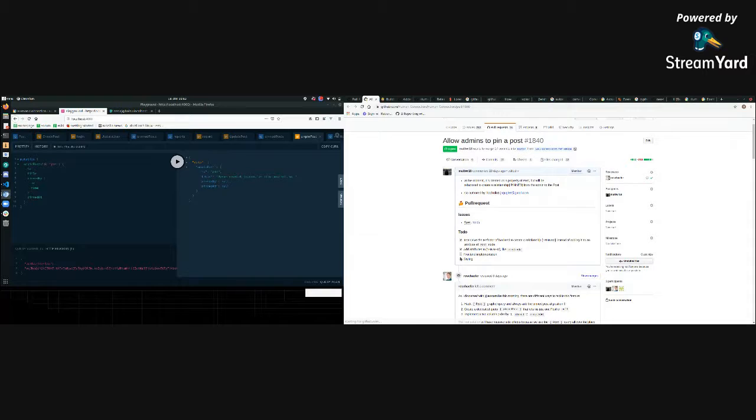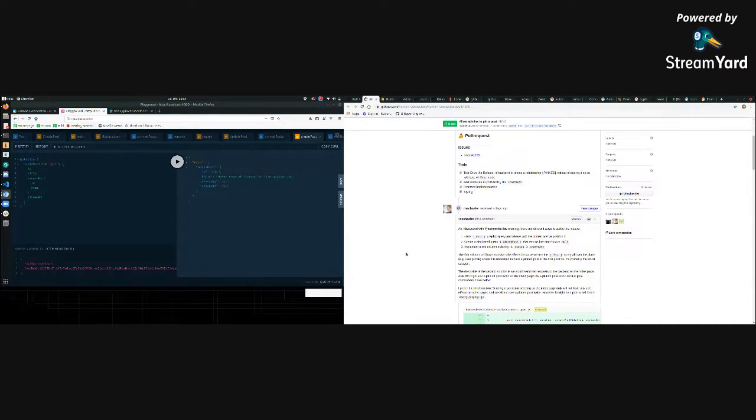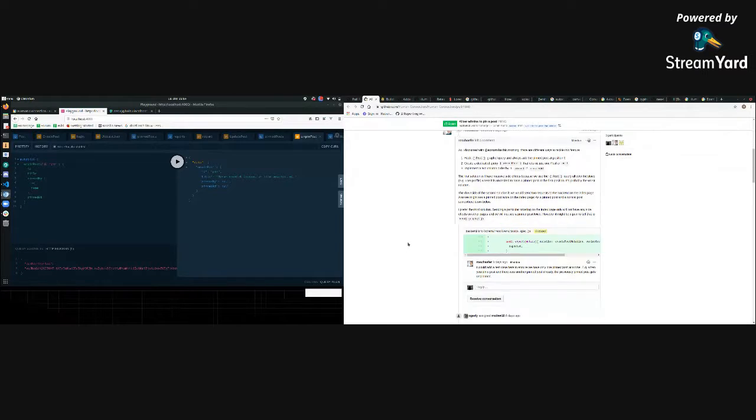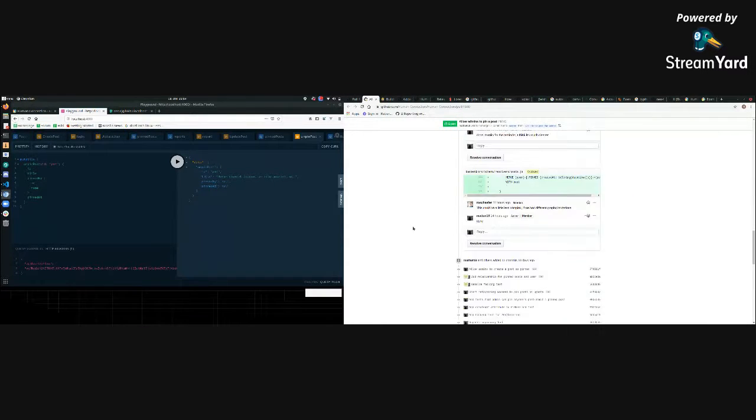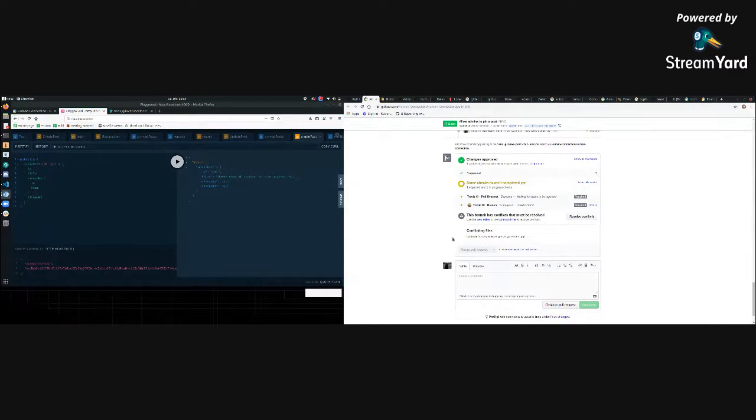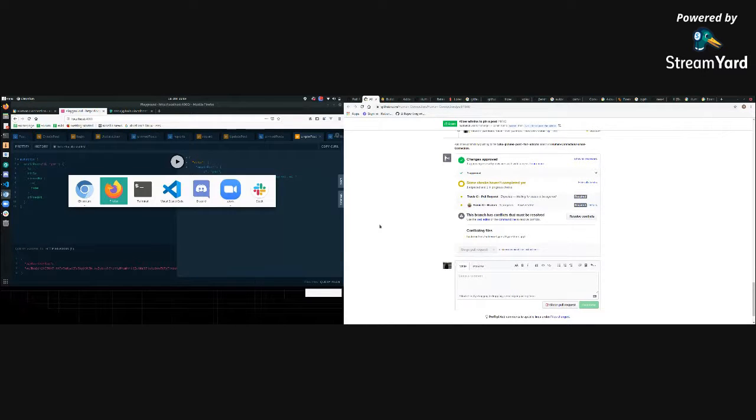Okay. I think I'll start with the tests for the front end content menu? Yeah, that'd be good. Yeah. And then we can just add them later, you know. But